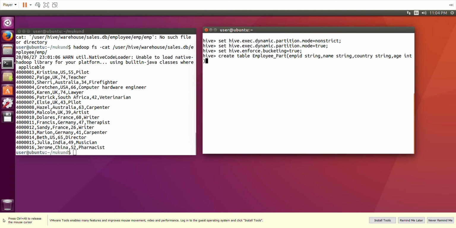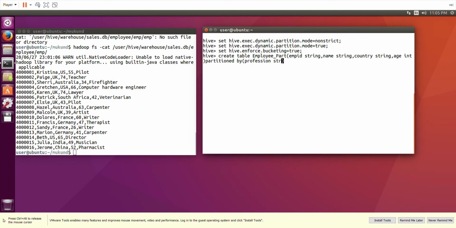Partition on what? That you have to specify. So partition by. We have to partition on the basis of a particular column, that is profession. We have not specified profession within the bracket. So based on profession, we are partitioning the data. Now this is partition by.